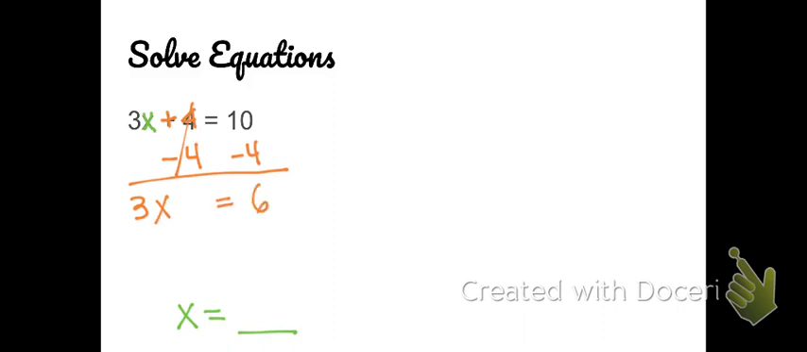X isn't by itself yet, though. It's being multiplied by 3. So I'm going to undo that by dividing by 3, because dividing is the opposite of multiplying. And I end up with x equals 2. And that's it. So let's take a look at